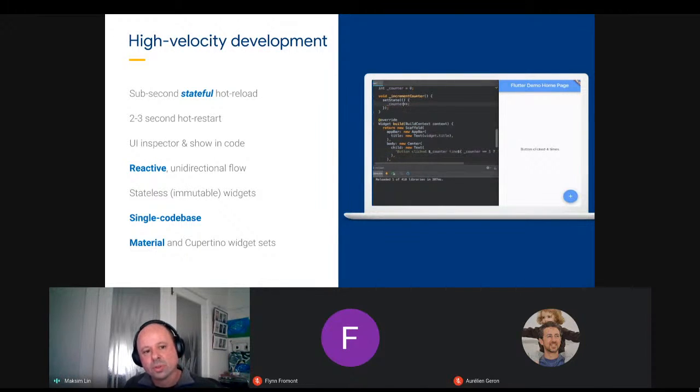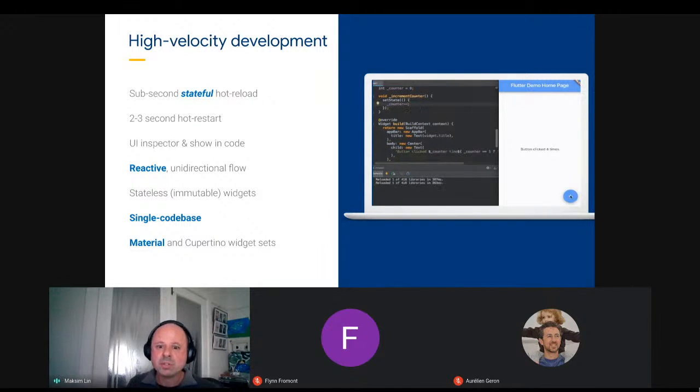And I've talked about that the widgets are stateless and immutable. What that means is that in a lot of cases, it greatly simplifies you dealing with the code and being able to reason about it. Now, of course, so far, I haven't really mentioned too much the fact that Flutter is cross-platform, or as I prefer to say, multi-platform. But what that means is you get to just write a single code base that you can then use across multiple platforms if you want.